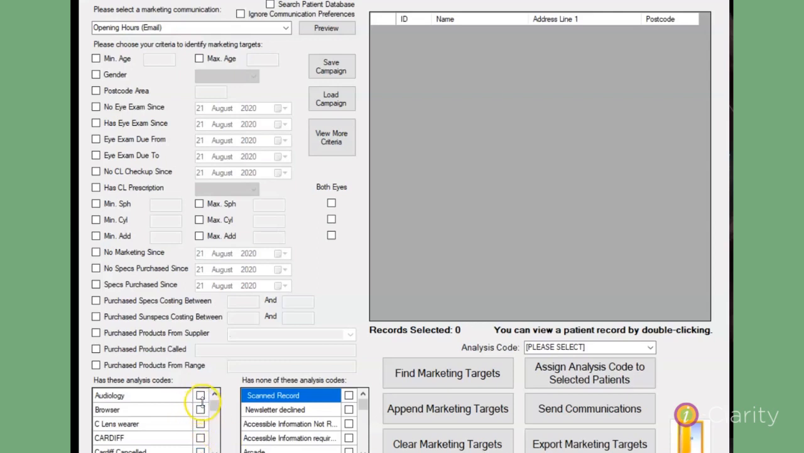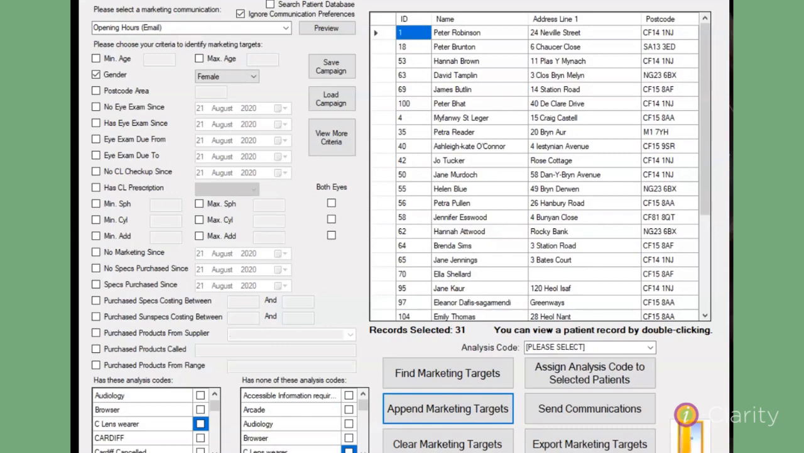For example, if you were searching for patients with audiology and contact lens wearer analysis codes, if a patient only has the audiology analysis code, they will not be pulled through under this criteria. None of these analysis codes. A patient will be excluded off the marketing target list if they have any of the selected codes assigned. Please see